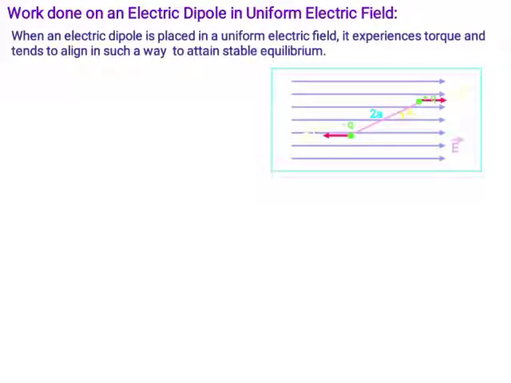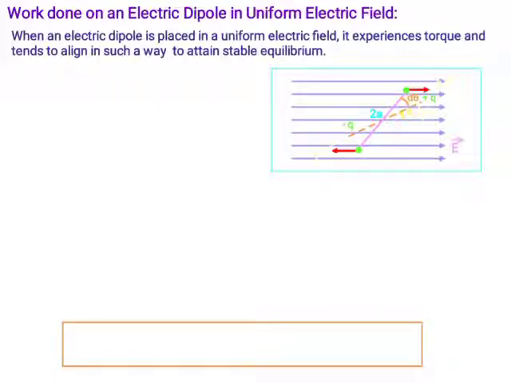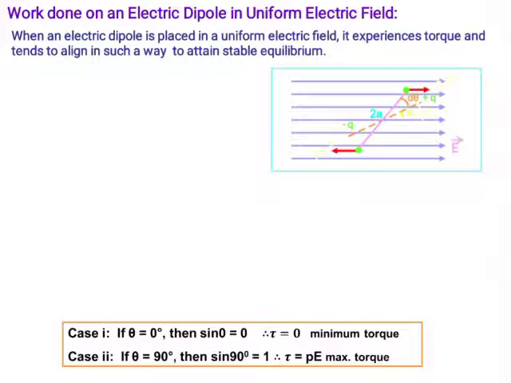Just carefully see how the angles change when the dipole starts rotating. The angles are changing, that is d theta. This is due to the uniform electric field. When we keep the dipole in the presence of a uniform electric field, it experiences torque. To find BO or OB, OB is the perpendicular distance. Then what is that OB?